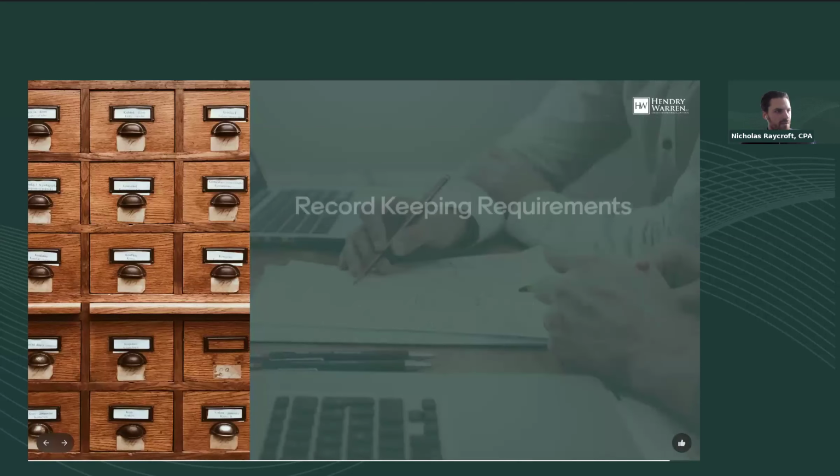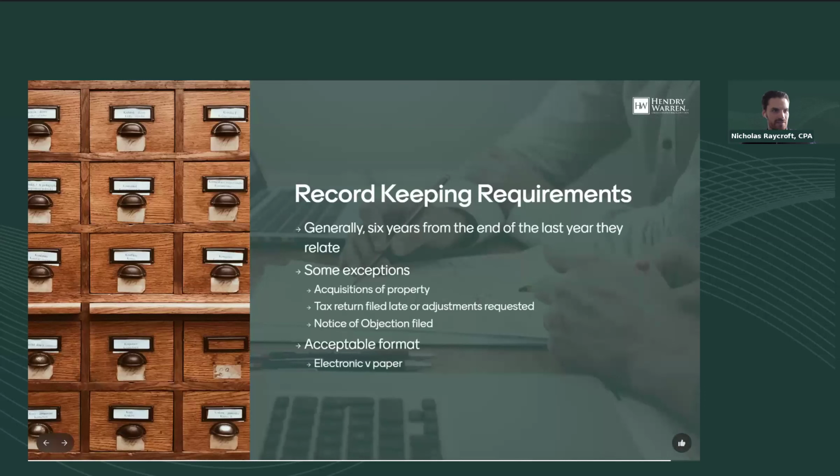The last topic that I will cover today, and a question we do get quite frequently, is how long we've gone through all these number of credits and reporting, how long do we actually need to keep all that stuff. And so the general rule is that it's 6 years from the end of the tax year that they relate to. So in this case, tax information related to 2017